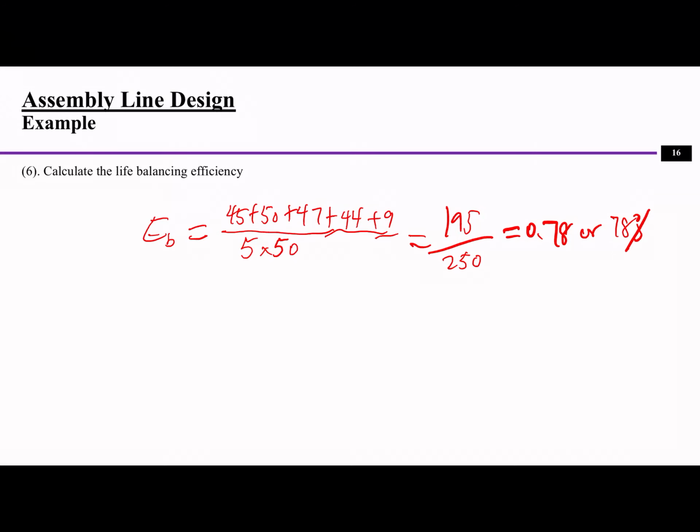All right, so that's all for today. So the main takeaway is that you know what information is required for facility layout, and then understand the method of systematic layout planning, and also know how to